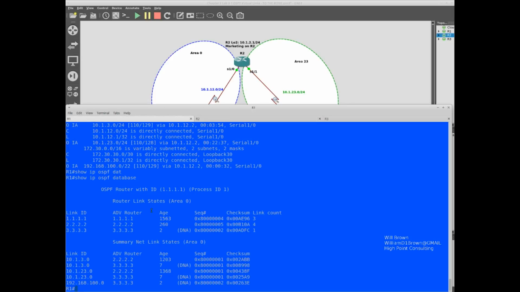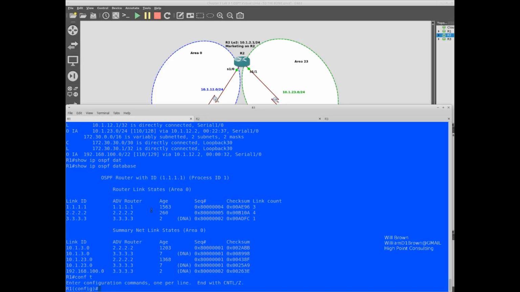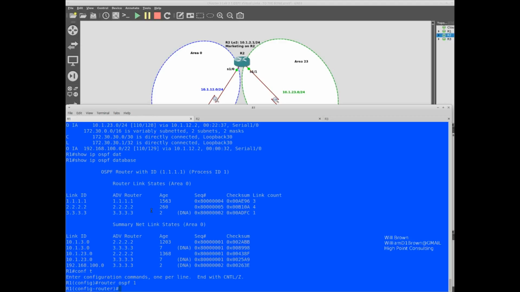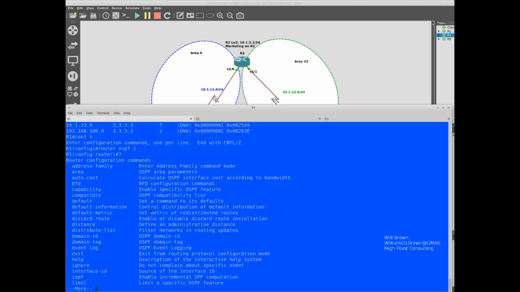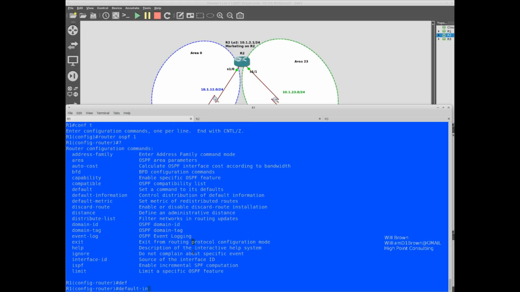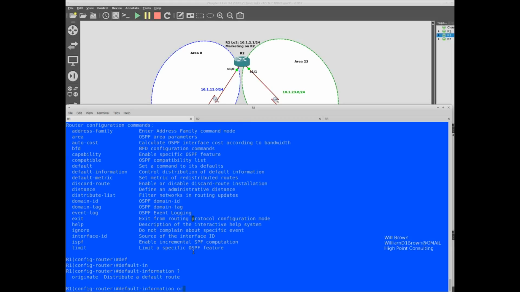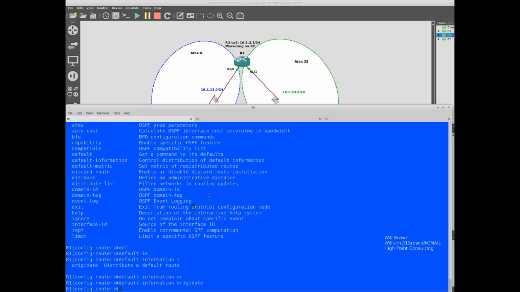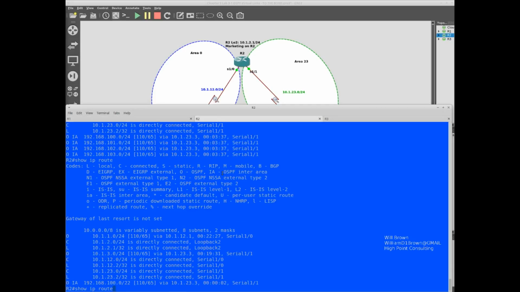So let's go back over here. I'm going to go to router 1, into global configuration mode, router OSPF 1, and it's pretty simple. Default information. I've seen this before. It was used in RIPng, very similar command. We're going to say default information originate. Now if we go to router 2 and say show IP route,